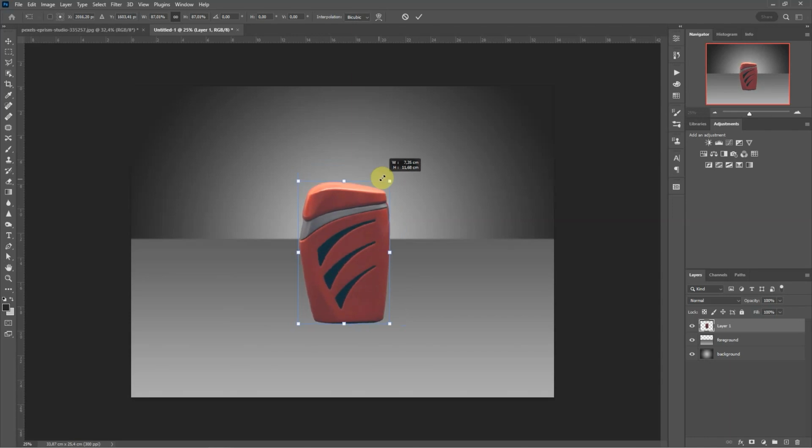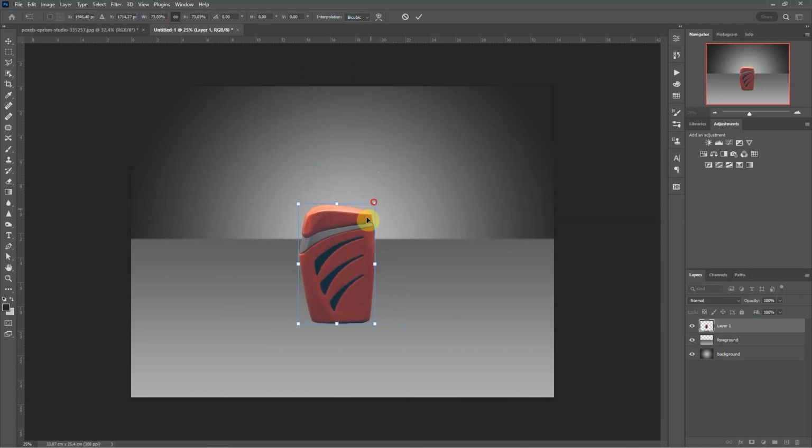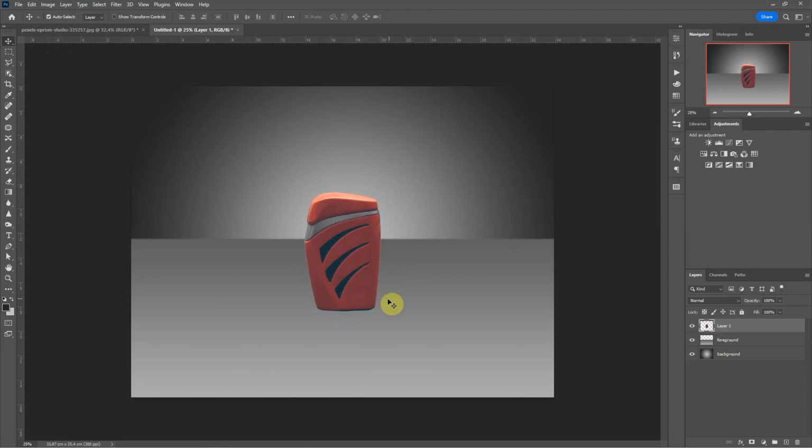If I grab this from the corner, it should keep the proportions as long as this chain is highlighted here. It will link the width and the height, so we'll keep it proportional. I'm going to go for about this size. I think that looks good, and I'm going to just place it in the center right here. So I'm happy with that. I click on the little tick up here at the top in the tool options, and now we need to